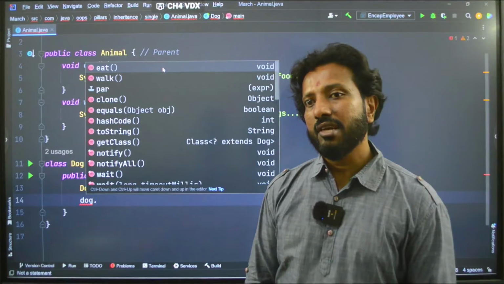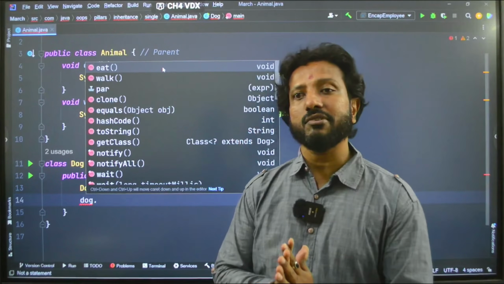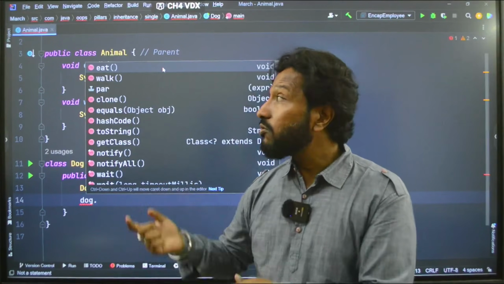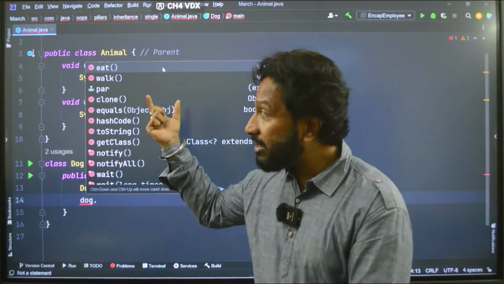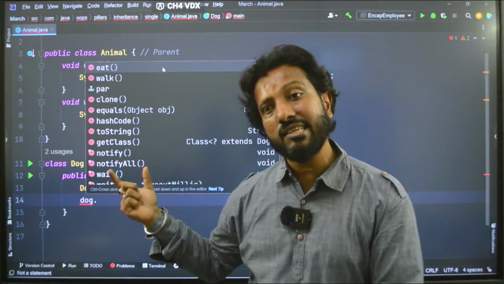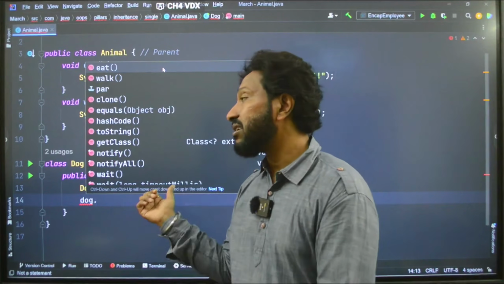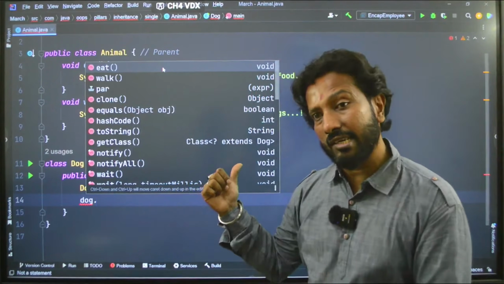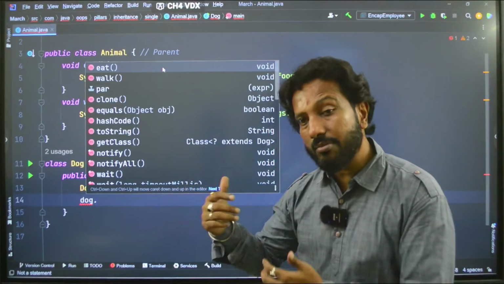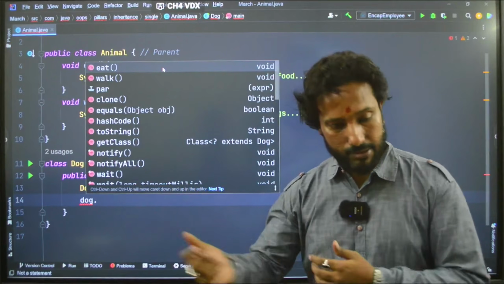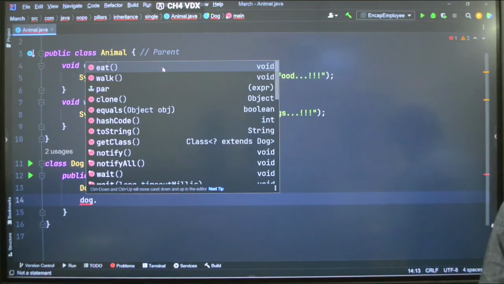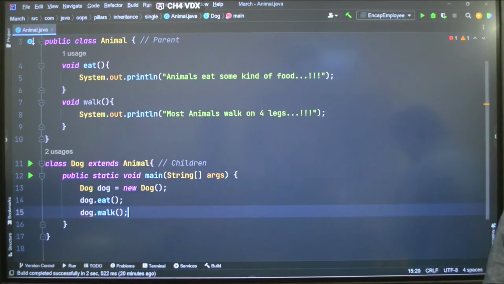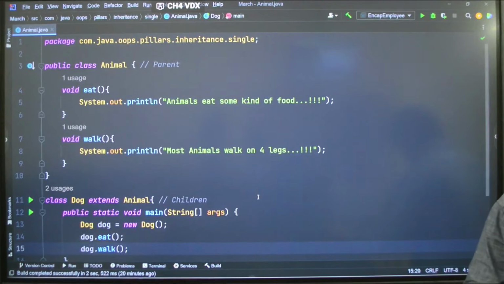Understood? That's the most important benefit of inheritance. What is that? Reusability of the code. Once a class is written, I can inherit it to any subsequent class. That's the benefit always. So this is how we use inheritance, and this is a simple example of single level inheritance. Dog dot eat, and I will say dog dot work. Done. So, if I run this,